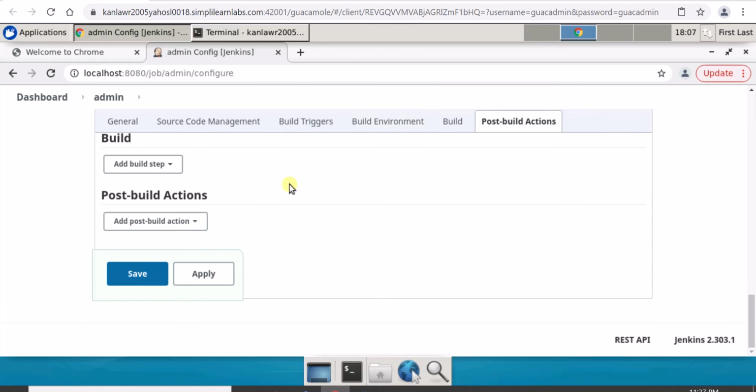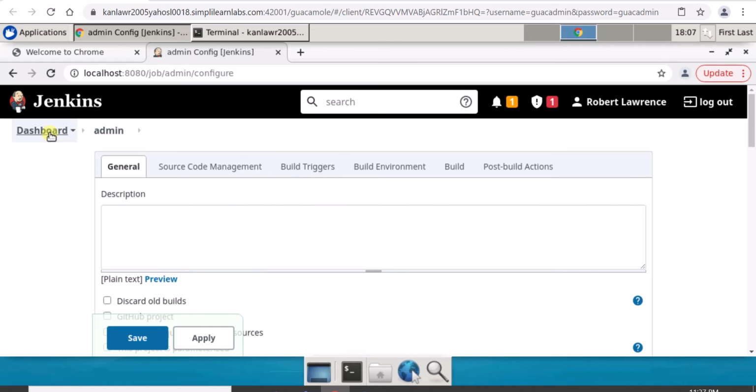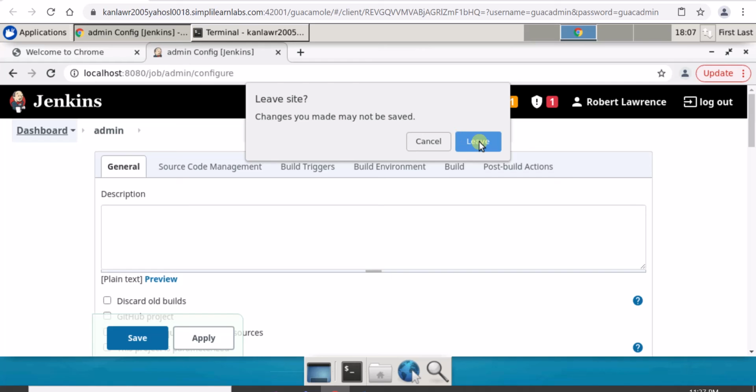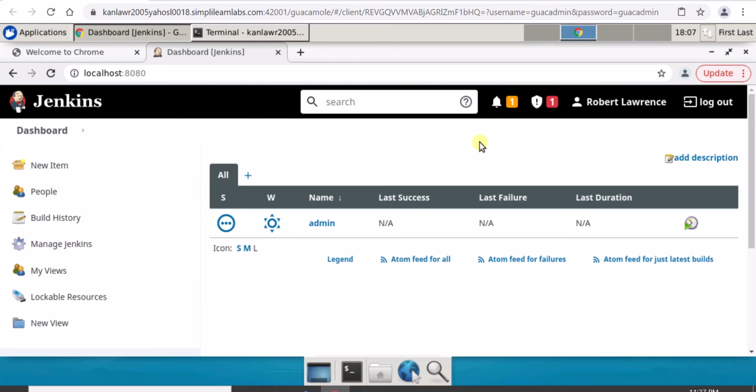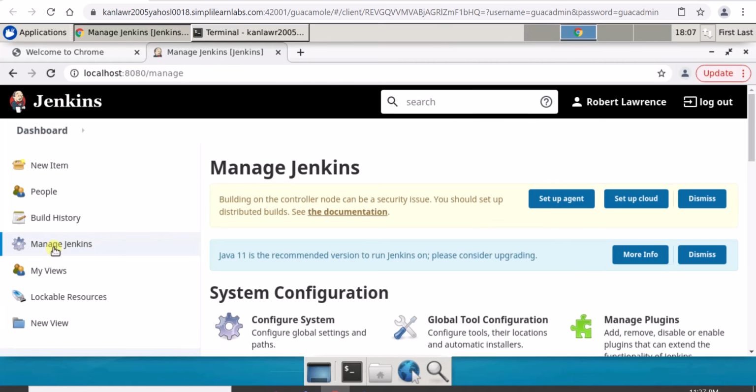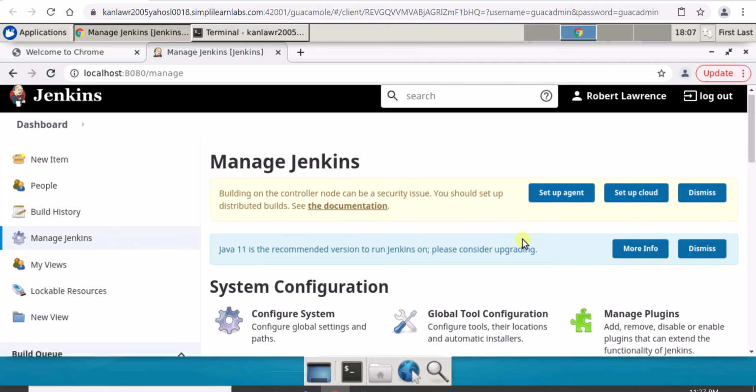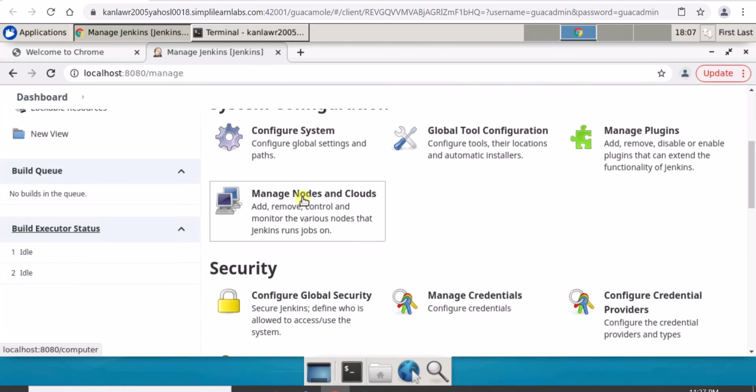The same things apply for pipeline project also. For pipeline project, that window will be different. And moreover, there's something called manage Jenkins. It's also a big topic. You can do many things here, like configure system, global tool configuration, manage plugins, manage nodes and clouds.